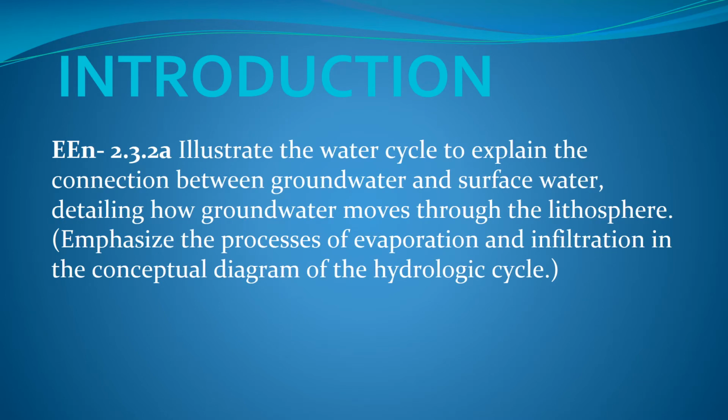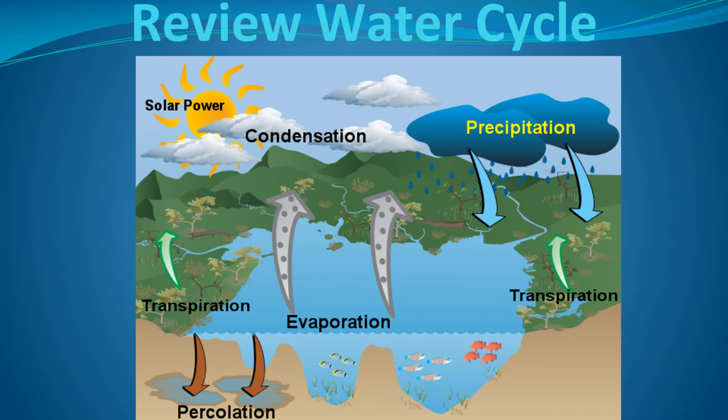So, we're coming from the standard EEN 232A: illustrate the water cycle to explain the connection between groundwater and surface water, detailing how groundwater moves through the lithosphere. So we have to emphasize the process of evaporation and infiltration again, and we already did the water cycle. So just as a quick review,